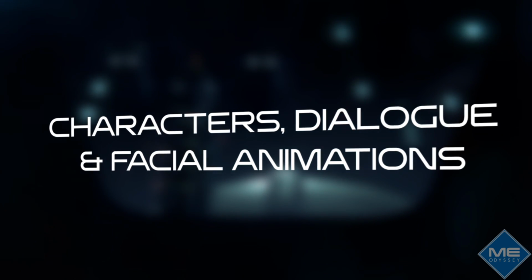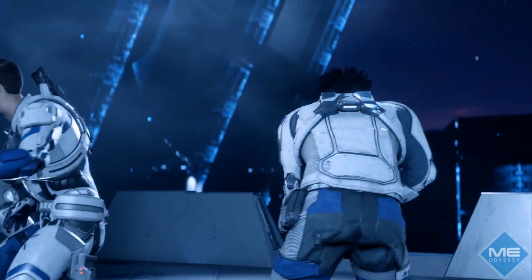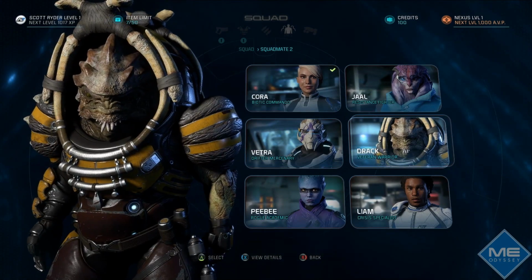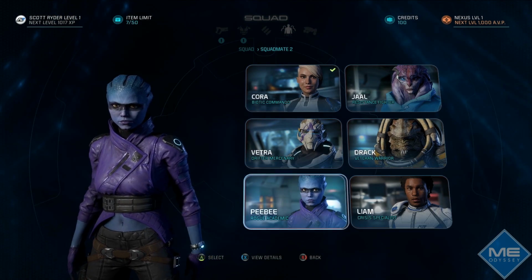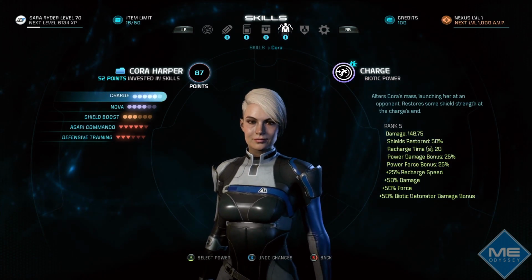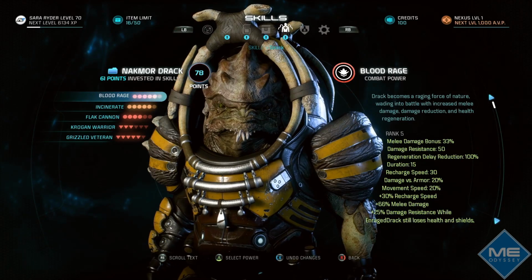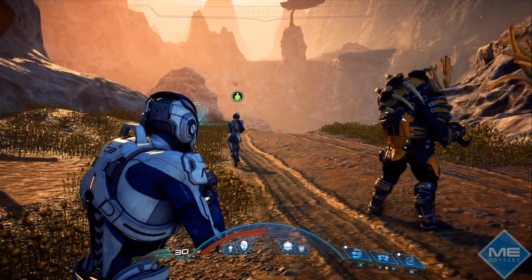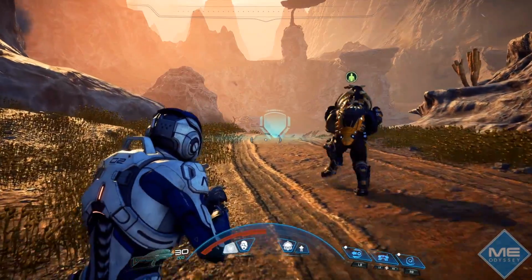During my time with the game, I got to meet all the main characters that have been publicly revealed. They were Sarah, Scott and Alec Ryder, Vetra, Peebee, Liam, Cora, Drack, Jaal, Sam, Kallo, all of which have a youthful sass and small sense of sarcasm about them, and a couple of side characters that are a part of the Tempest crew. These were the main characters I had the main conversations with, and I will say the voice